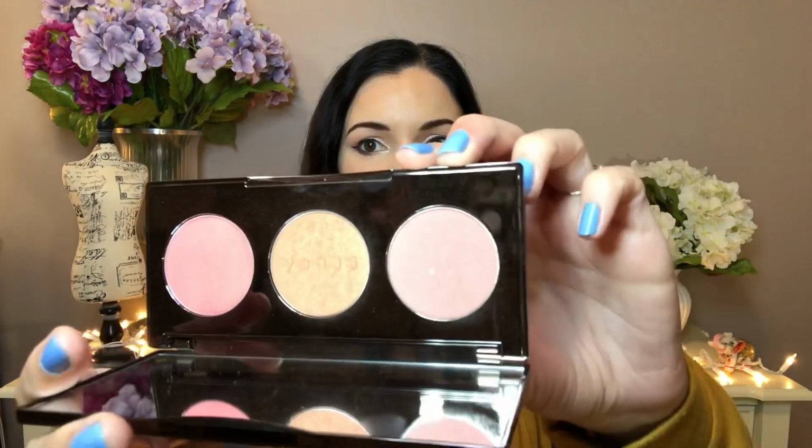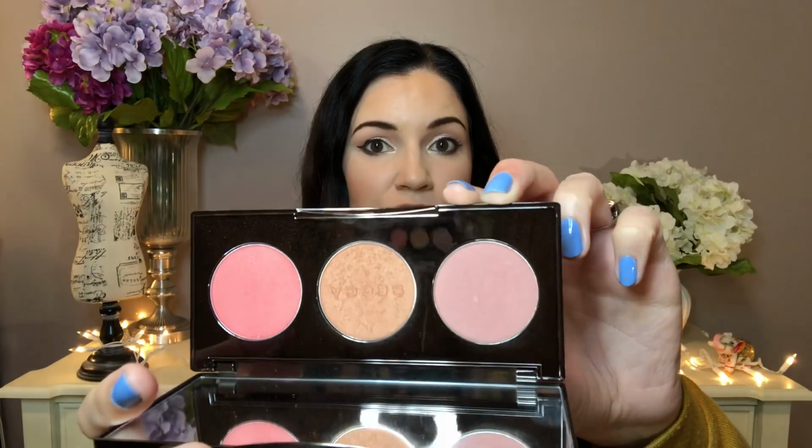However, this one, Snapdragon, is really great, but I have this in another Becca palette. Redundant, I know. However, this one, Wisteria, wow, that is such a gorgeous mauve blush. Let me swatch it because this was my favorite in the palette. I mean, look at that pinky mauve color. It is so pretty, and I don't really have any other colors like this in my collection. So I was kind of debating getting rid of this because I already have Snapdragon and I do not like Songbird. But Wisteria is so good. So I have decided to keep it only for that one, I know, but lesson learned, I need to stop